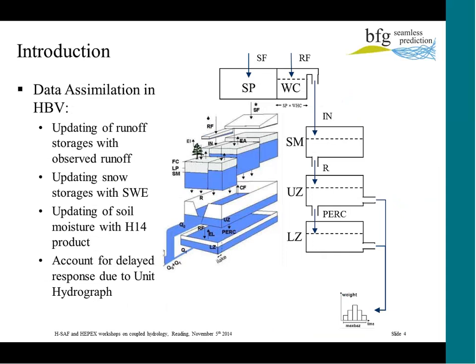So this is our HBV model, which was developed by the Swedish Meteorological and Hydrological Institute. And it uses a storage analogy to transform rainfall into runoff in subcatchments. So it has a storage for snow, which consists of a solid snow fraction and a liquid water fraction it can hold. It has a storage for